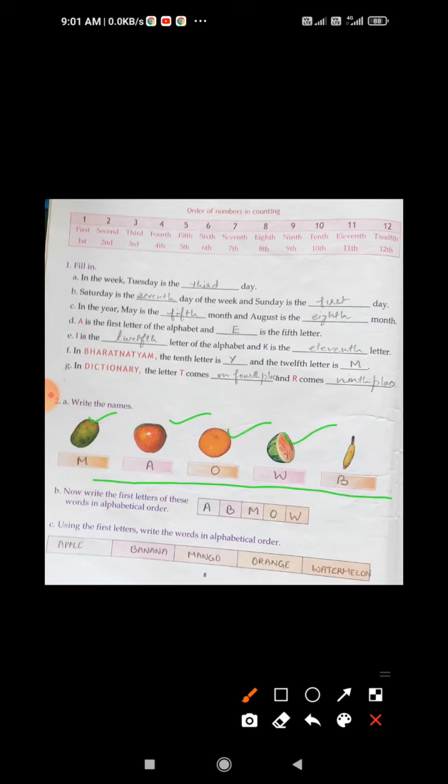Okay, and here you have to write the full spelling. Okay, full spelling you have to write: mango, apple, orange, watermelon, banana. यहाँ पर बेटा आपको फुल स्पेलिंग्स लिखनी है. ओके, now I hope you understood this one, and homework I have already given.